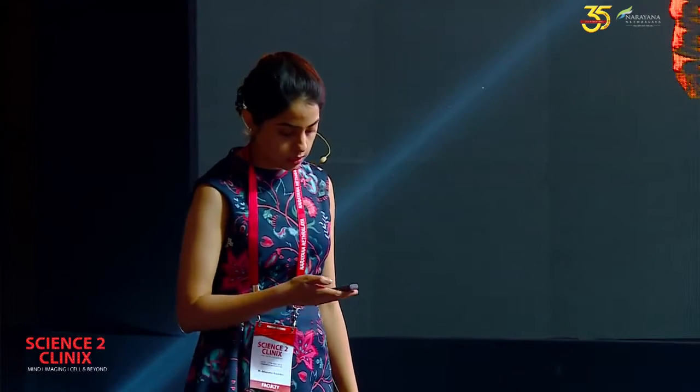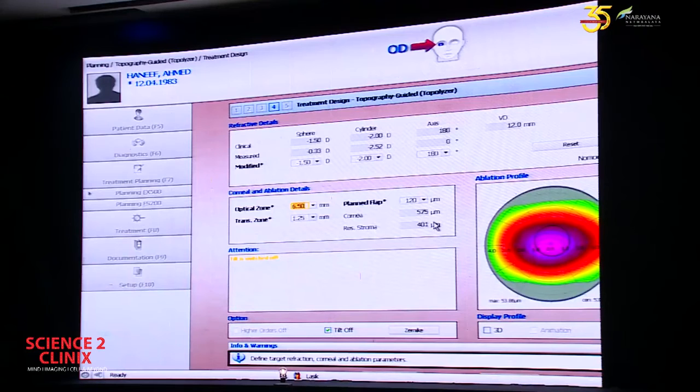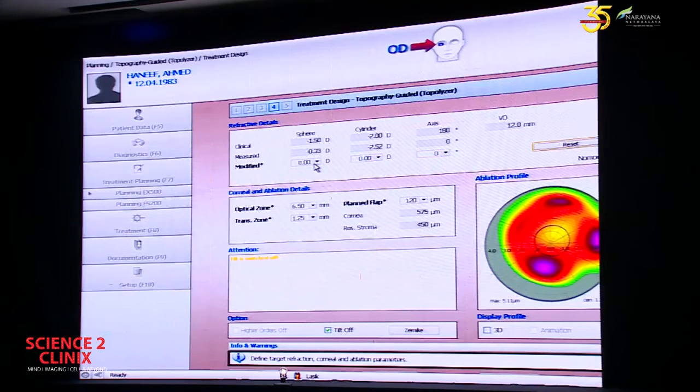So I'm going to discuss, let's just start by discussing the normal Contura and then move on to TMR. So what we do first is that we make the modified refraction as 0. So when we do 0, essentially, we're not doing any lower order, we're not treating any sphere, we're not treating any cylinder. All we're doing is treating the higher order aberrations. So you can see the map that comes at the bottom. You can see there is a small amount of coma and a significant amount of trefoil.